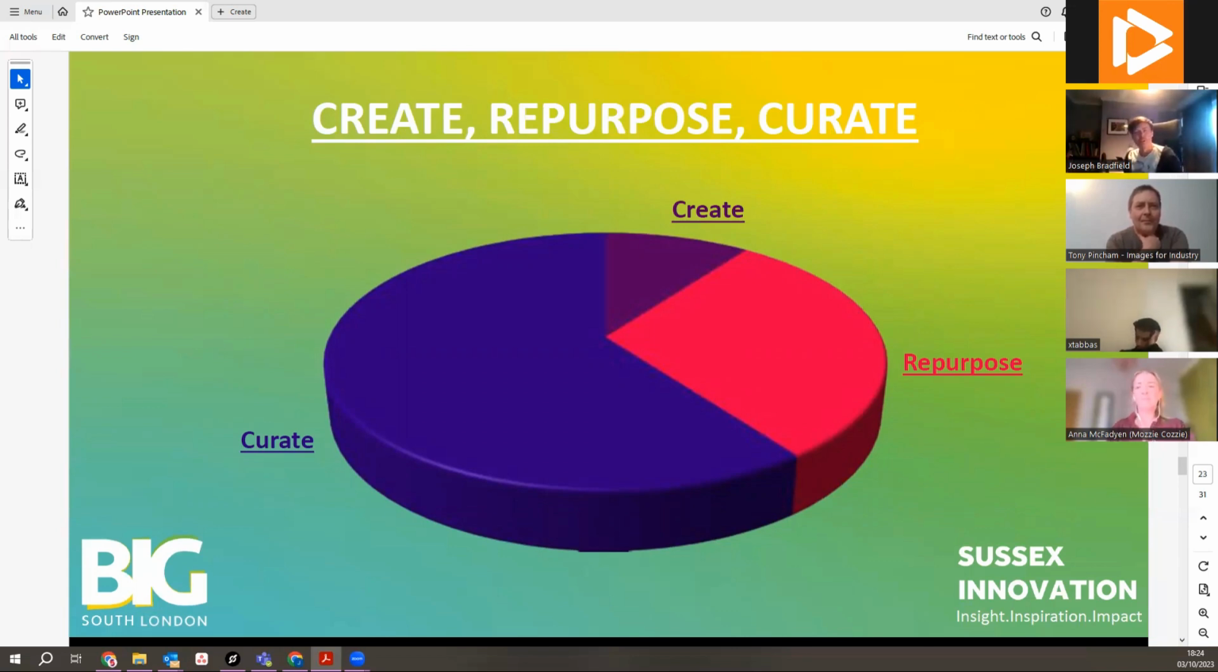This pie chart is a visualization of the amount of time that you should be dedicating to different elements of your social media and content strategy. So roughly 10% of all the time that you spend on social media marketing is actually on creating new original content. And that's where the really hard yards come in. You spend a couple of hours writing a really good piece of content or filming a really great